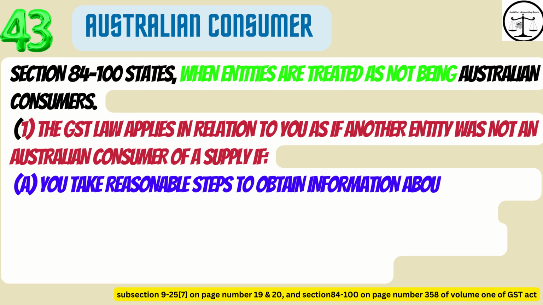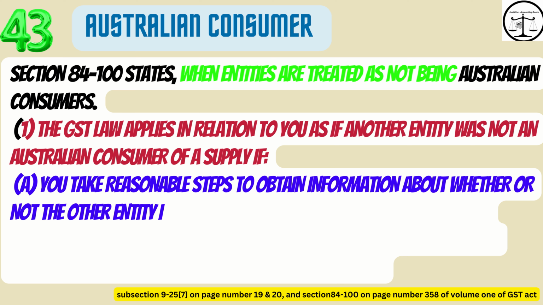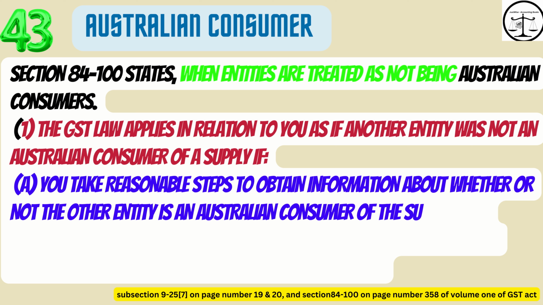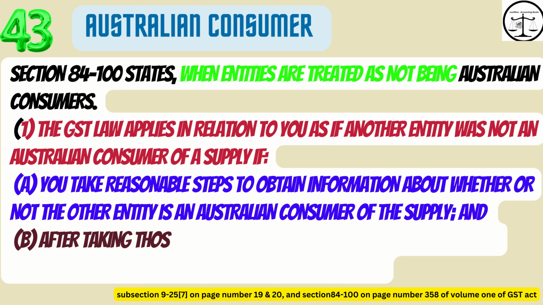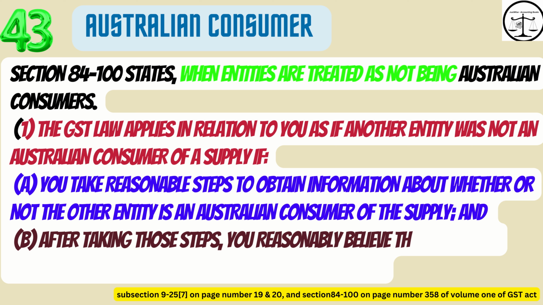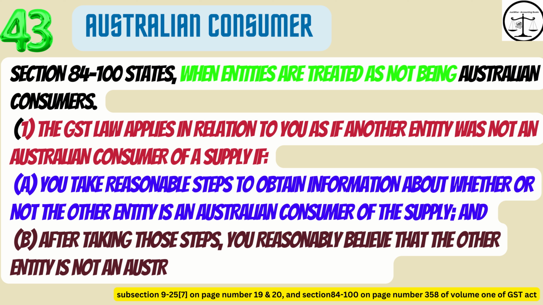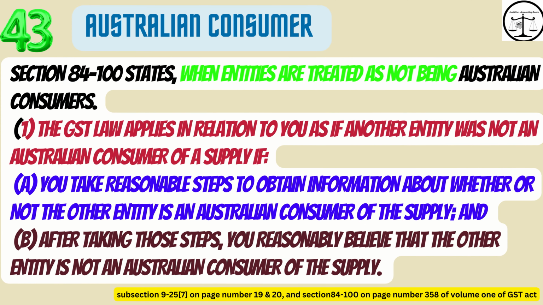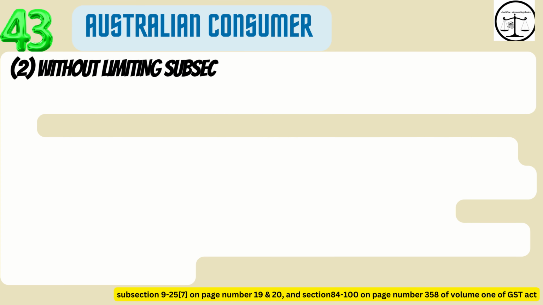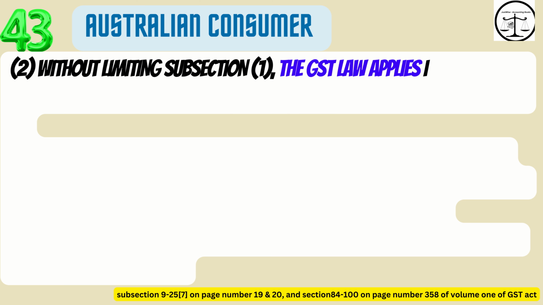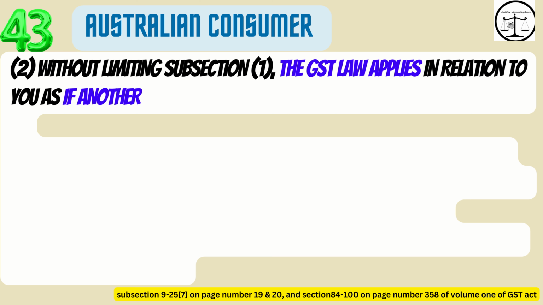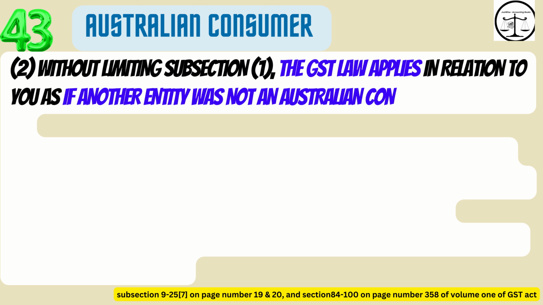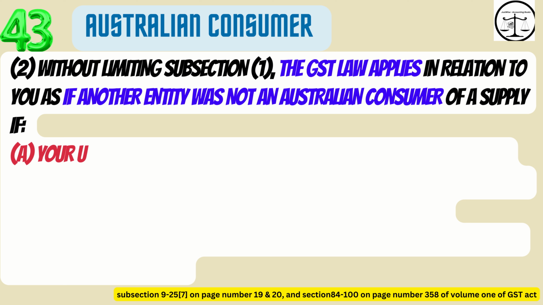supply if (a) you take reasonable steps to obtain information about whether or not the other entity is an Australian consumer of the supply, and (b) after taking those steps, you reasonably believe that the other entity is not an Australian consumer of the supply. 2. Without limiting subsection 1, the GST law applies in relation to you as if another entity was not an Australian consumer of a supply if (a)